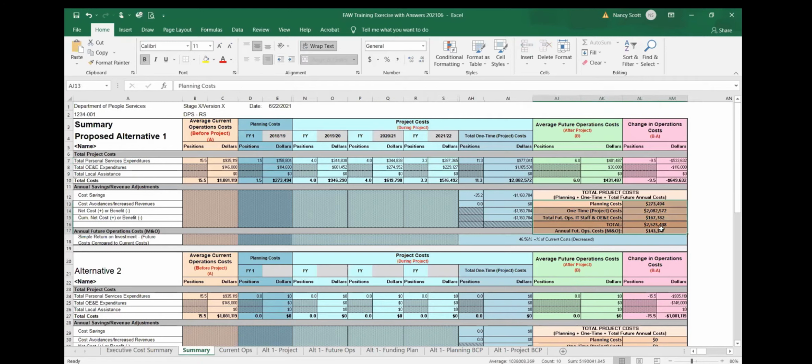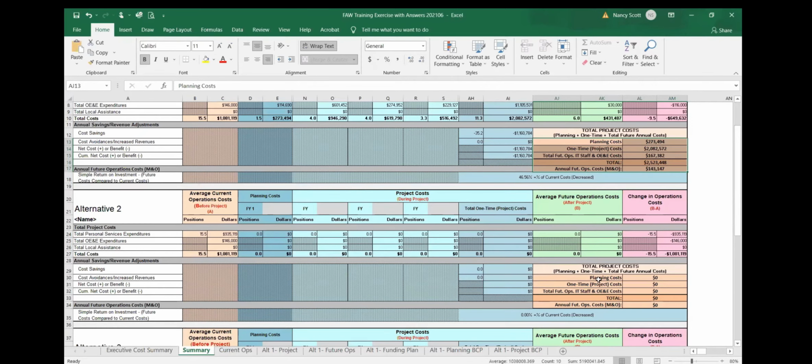The nice thing about the summary tab is it does show comparison if you have more than one alternative. For the training today, we did not provide another alternative just for time constraints. However, if you did have multiple alternatives, it would compare on one sheet.